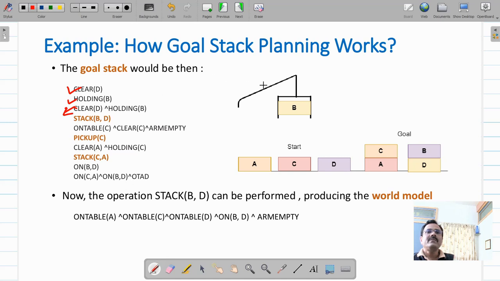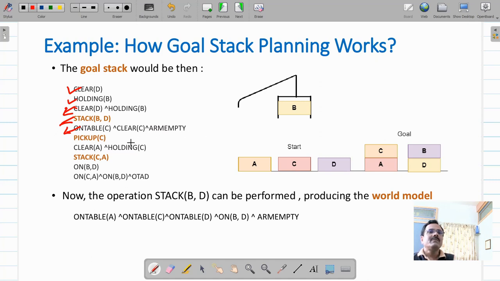Stack BD, you can stack B on D, yes, so you perform that operation, then it will be removed from the stack. Then on table C, clear C is true, arm empty is true. So this compound goal is also satisfied, pop it from the stack.